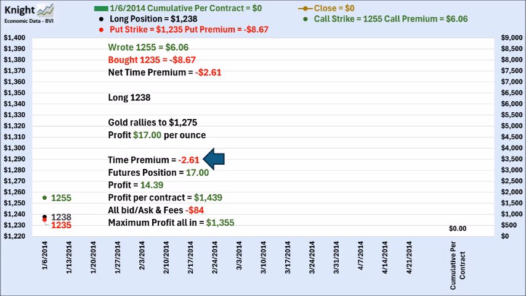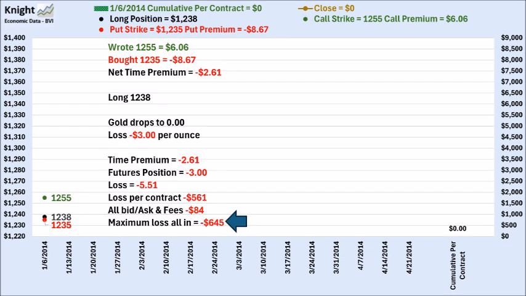We've paid out $2.61 per ounce in option time premium, or $261 per position, to objectively define maximum risk, puts our gross profit at $14.39 per ounce, or $1,439 per position. Total fees all in, $84,